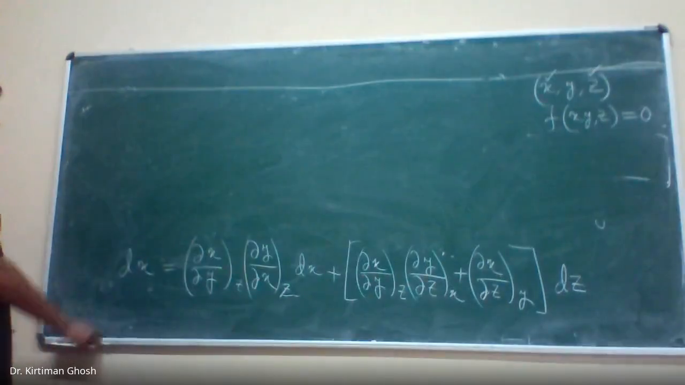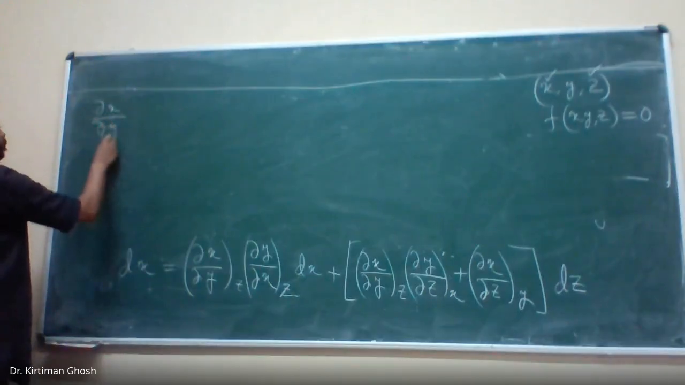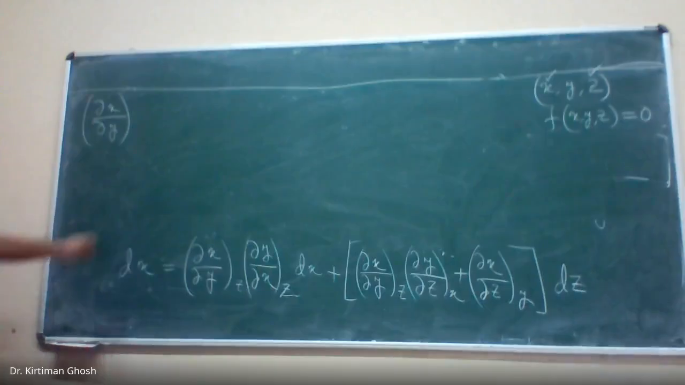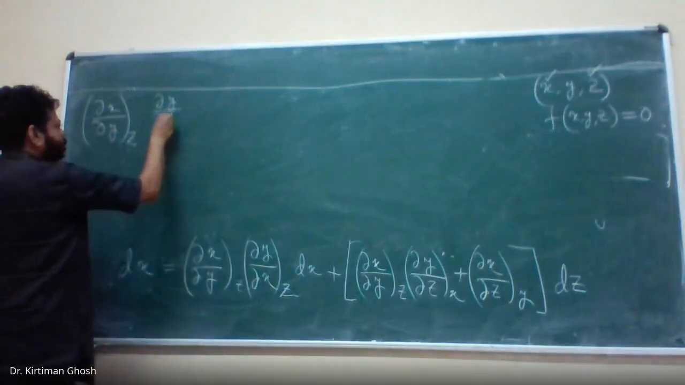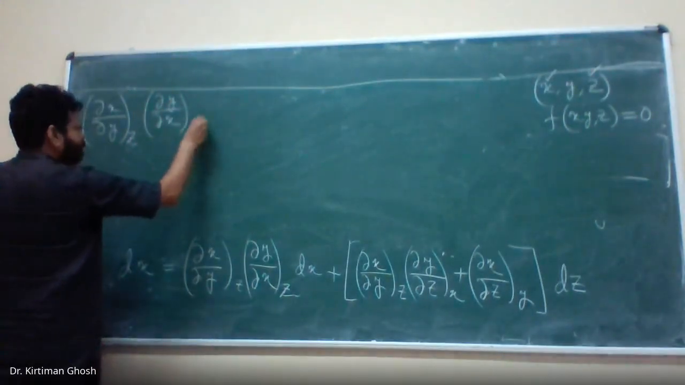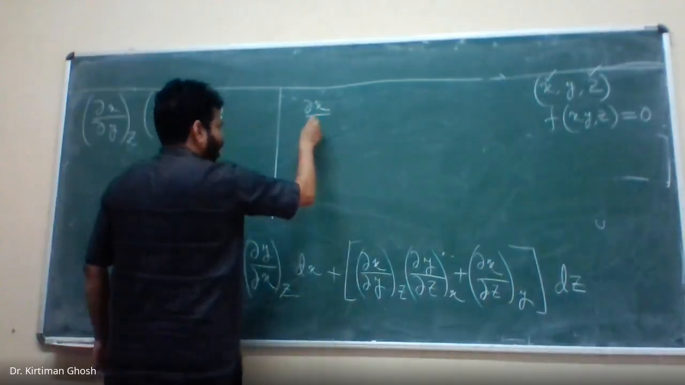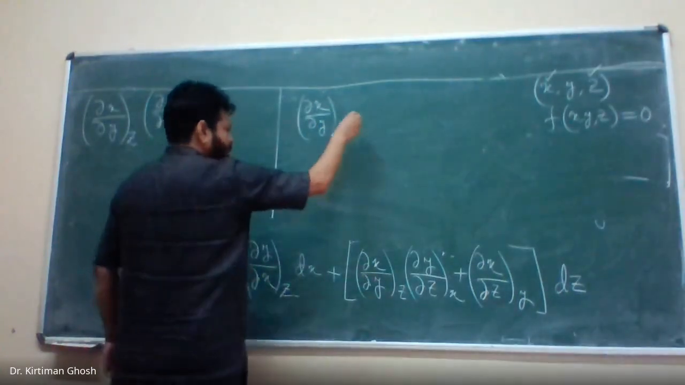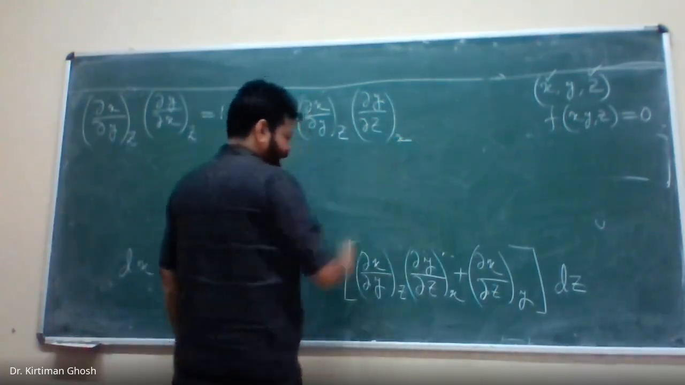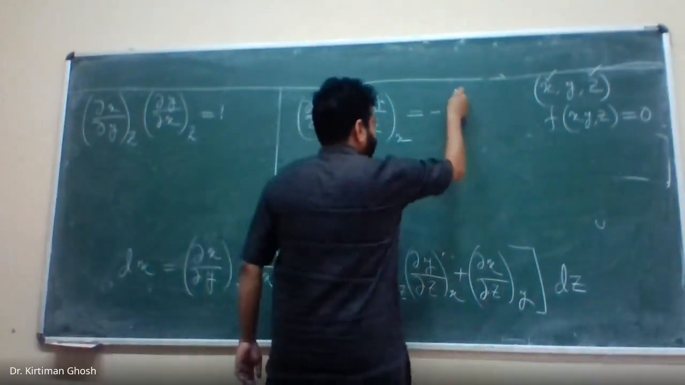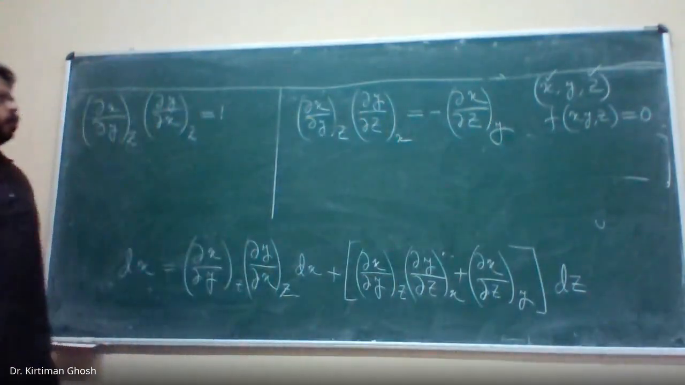So this tells you that the partial derivative of x with respect to y when z is fixed, times the partial derivative of y with respect to x when z is fixed, is equal to 1, and del x by del y at constant z, del y by del z at constant x is equal to minus del x by del z at constant y. So these two are very important